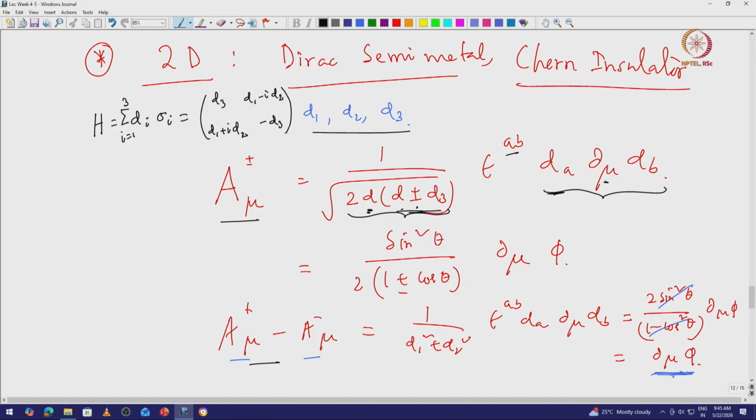So, you can see that the denominator has two terms. One is this term. So, when d goes to 0, that means when d1, d2, d3 all three go to 0, this diverges,